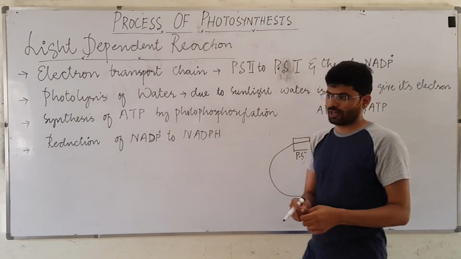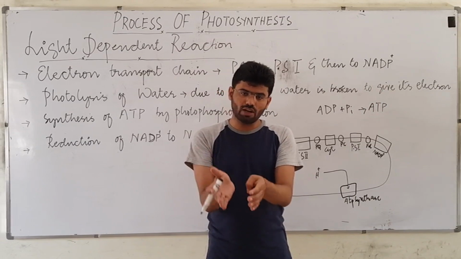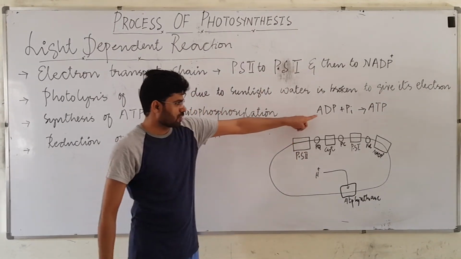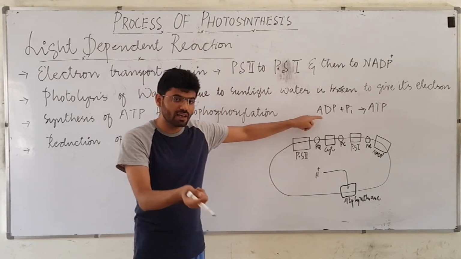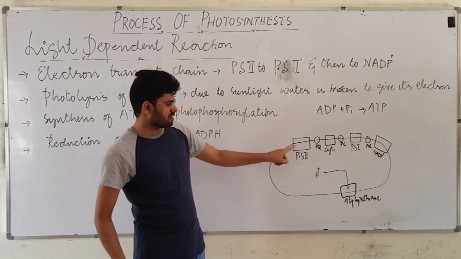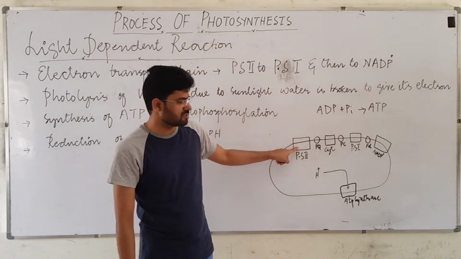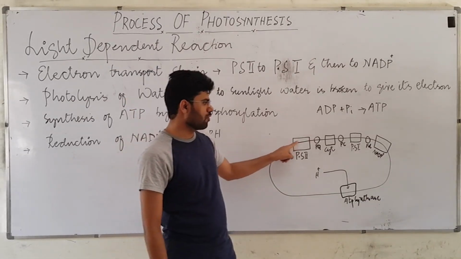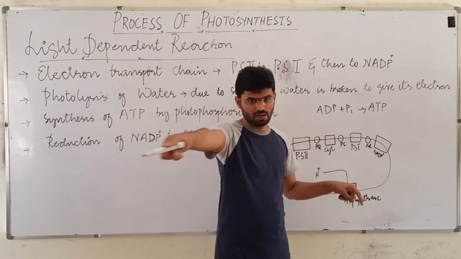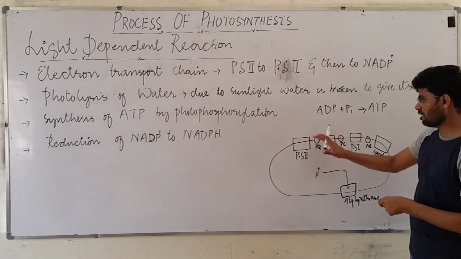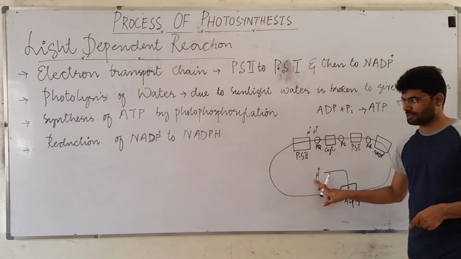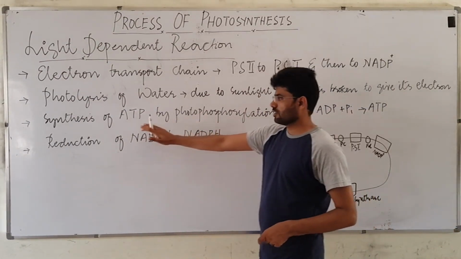This is not only called phosphorylation when it happens with ATP. You can attach inorganic phosphate to any kind of molecule, and it will be called phosphorylation. So here you can see phosphorylation is happening. And why is this phosphorylation happening? Because of the sunlight. Why? Because sunlight caused the loss of electrons, and those electrons, when they were moving from PS2 to PS1, caused an attraction of the protons into this luminal space. So this is why it is called photophosphorylation.